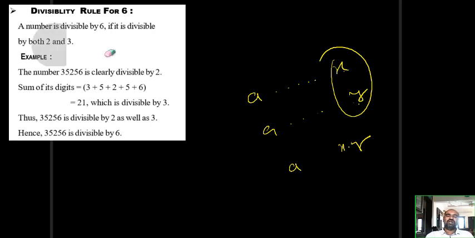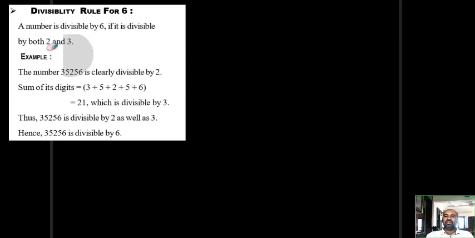Okay. Now, we want to prove the divisibility rule of 6. The prime factors of 6 are 2 and 3. For a number A to be divisible by 6, it must be divisible by 2 as well as divisible by 3. Then you can say that the number is divisible by 6. Okay, for example, some members will be confused, so I will explain again, Nana. A number A is divisible by 6 if and only if that number is divisible by 2 as well as divisible by 3.